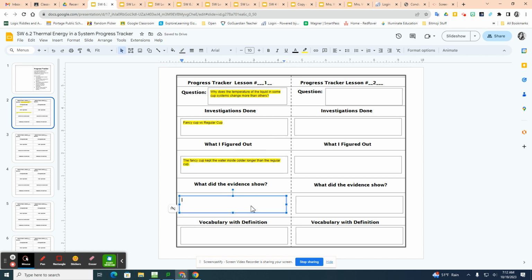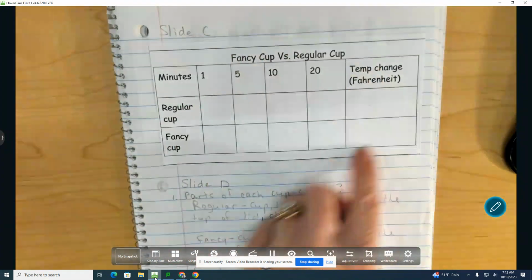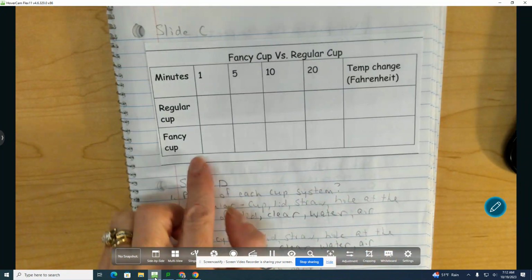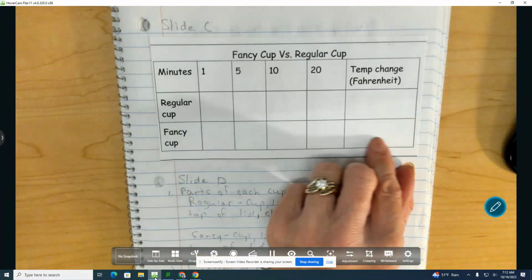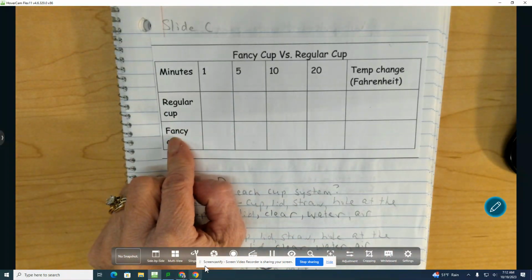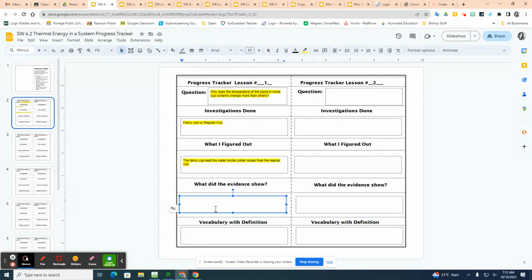So this would be the evidence that we got, whatever you put in your data chart. And I'm going to tell you, my data chart was not filled out, but you should have that from your class. If you don't have the data from your class, find somebody in your group who can give you that data. And what you're going to want to write down is the temperature change for the regular cup and the fancy cup. So what that would look like would be the data table says that the temperature